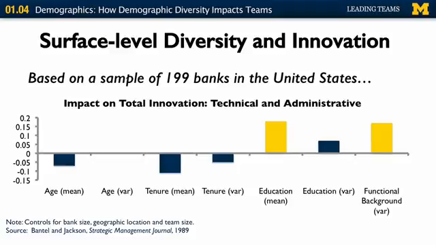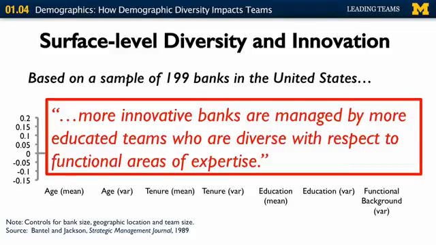And then with functional background, the more variability we have in the team in terms of functional background, functional being we have some people from marketing, some people from finance, some people from operations. That would be a high variance in terms of functional background, a high variance team. Whereas if everybody was from marketing, that would be a low variance team. What we find is that the more variability or variance we have in functional background, the more diversity, the better our team performs in terms of innovation. So on average, the more innovative banks are managed by more educated teams who are diverse with respect to functional